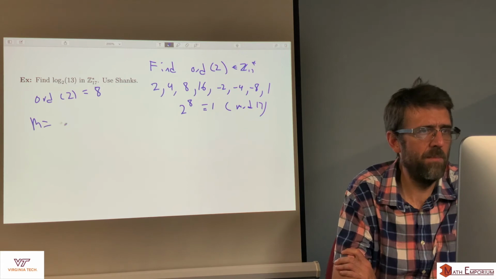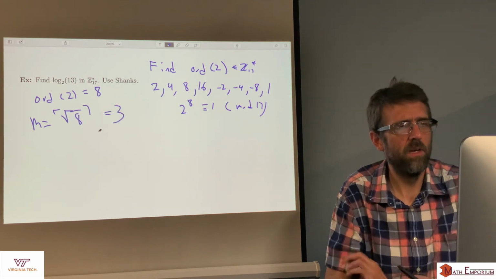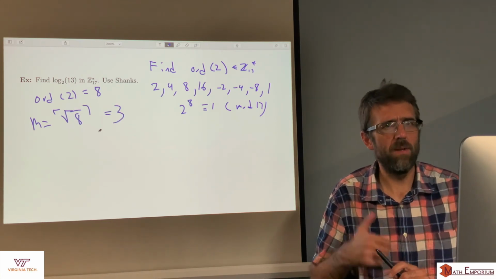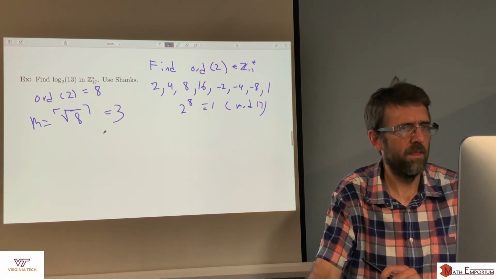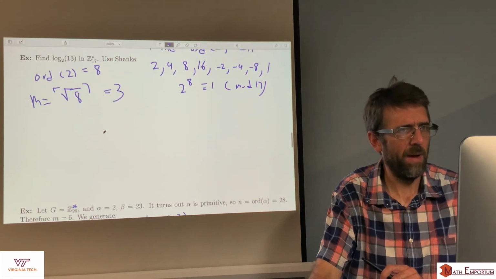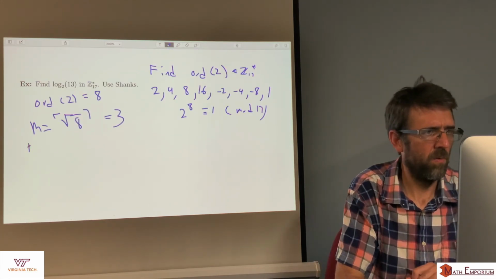Okay, so my m here is going to be the ceiling of the square root of 8. So square root of 8 is 2 point something, so that's going to be 3. Okay, so on my first list, I'm going to go in steps of 3, or steps of powers of 3. Okay, so for L1,